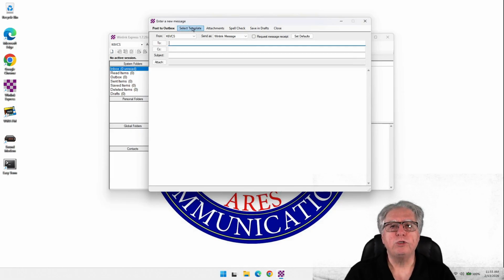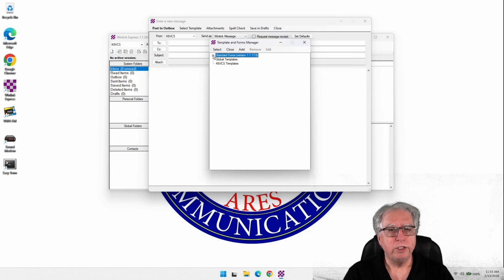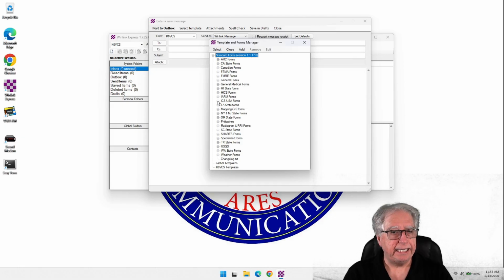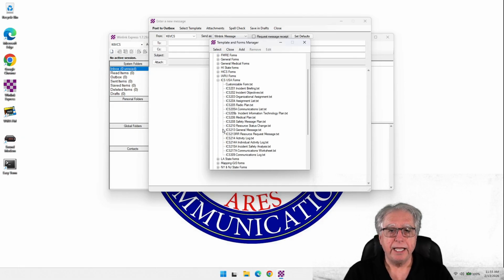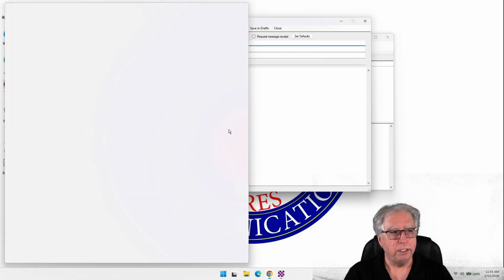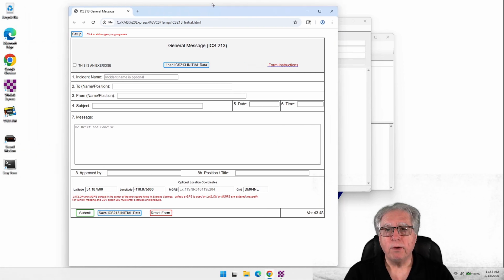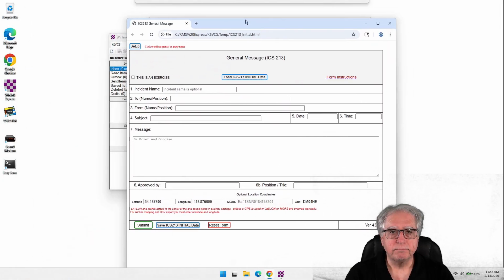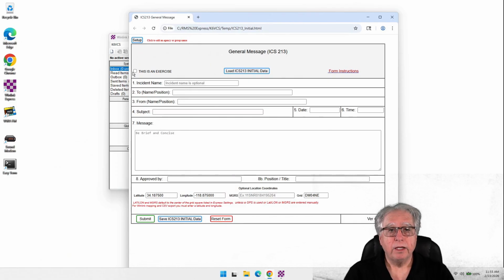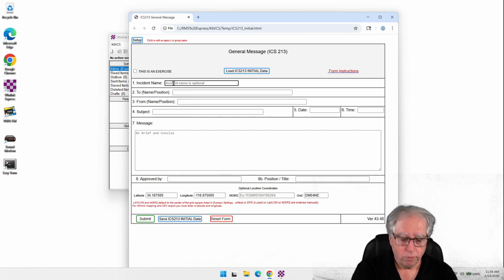I am going to go to select template. I'm going to hit the plus by standard templates, and I'm going to go under the ICS USA forms, and I am going to select a 213. And that now has opened the browser. Now, I'm going to click that my incident is going to be area 2 check-in,